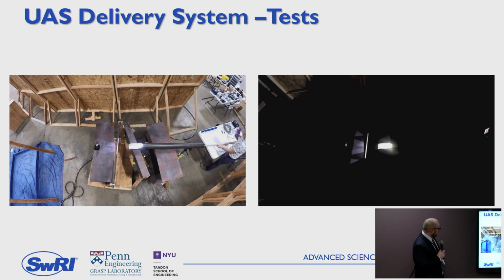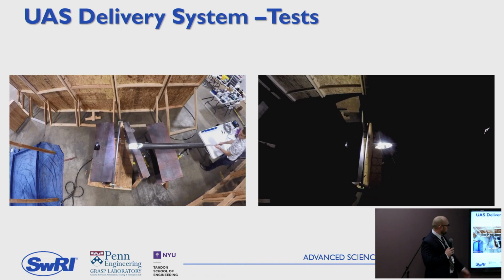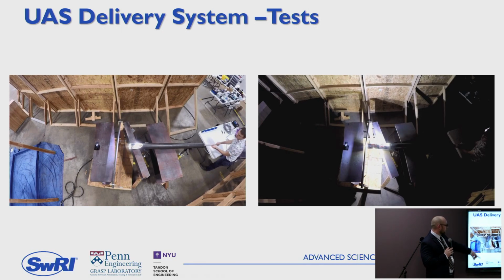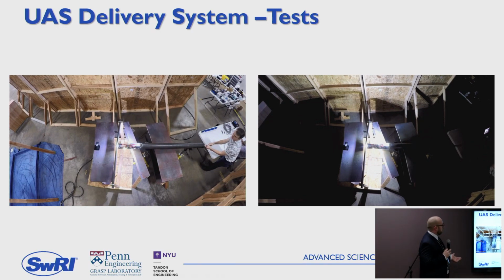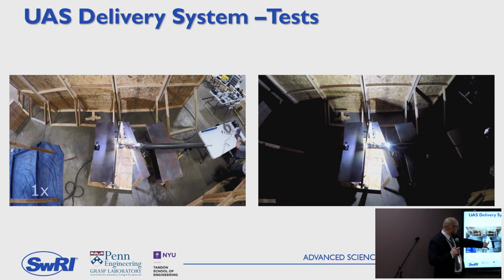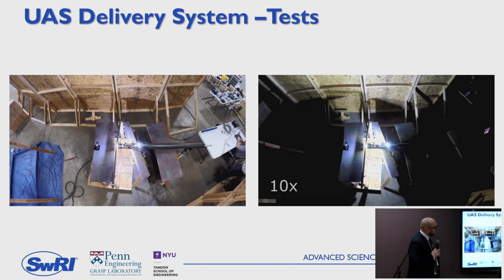This is a video of us, in a much smaller pipe, obviously, doing some tests. This one has all the lights on because I wanted you to be able to see the actual deployment of the vehicle. The right is in complete darkness. Both of these do an autonomous takeoff, and then I use the GUI interface to give it waypoint commands to come back over to the table. But you'll see this one pop open. It's basically spring-loaded, so there's a spring on the system. It pops into place. The arms lock in place using a